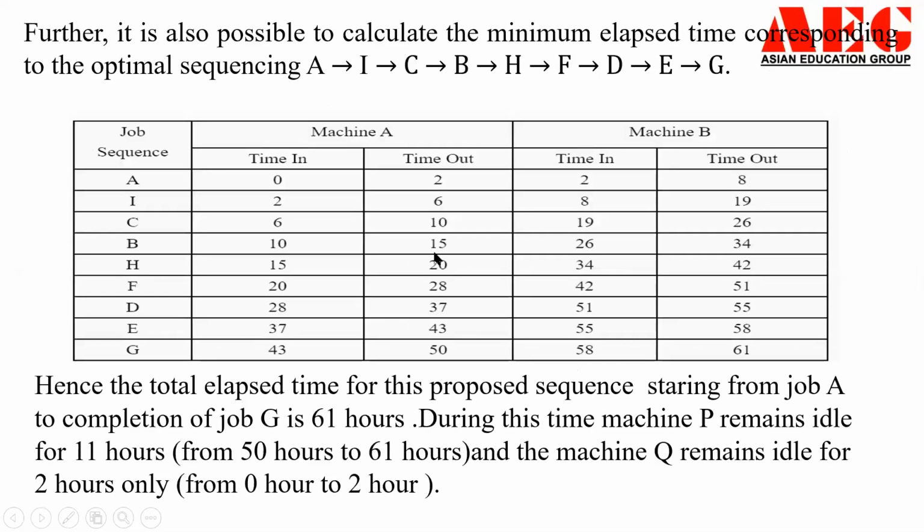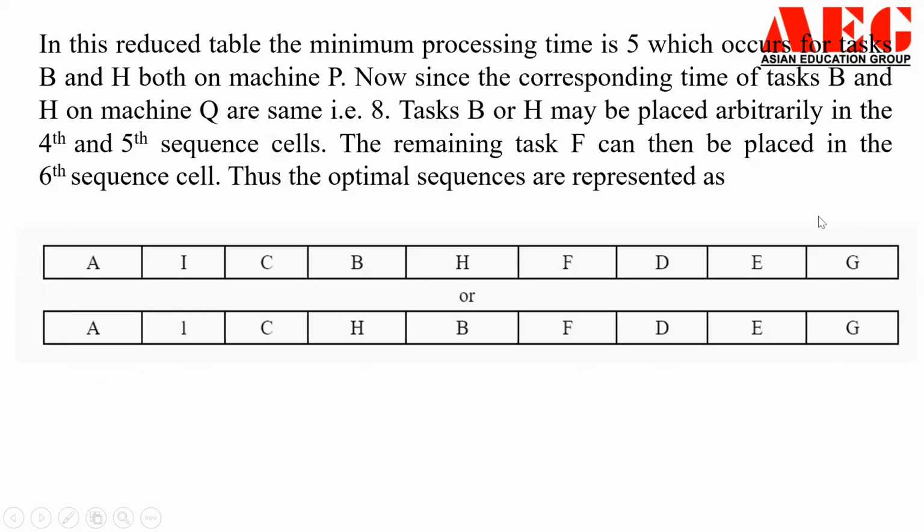So now you have created this sequence. How did we create it? We have to find the minimum time required for a job on a particular machine, and if it is on machine A, because we had taken an order of P and Q, so first P and then Q. If it were Q and P, then Q will be inserted from the left hand side and P will be inserted from the right hand side. It's our choice, or it's our processing order which we have to declare first.